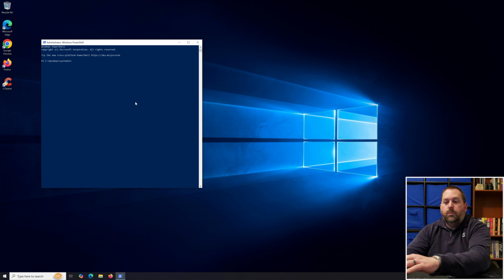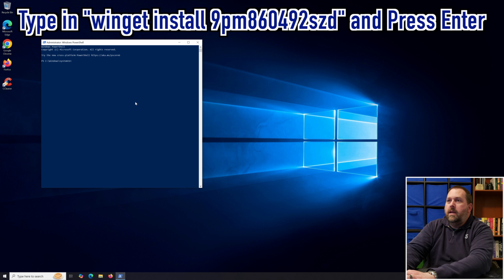Now here what you want to type in is winget, and you may have to click on PowerShell in order for it to start typing, and then put a space and put install, and then put a space and put 9PM